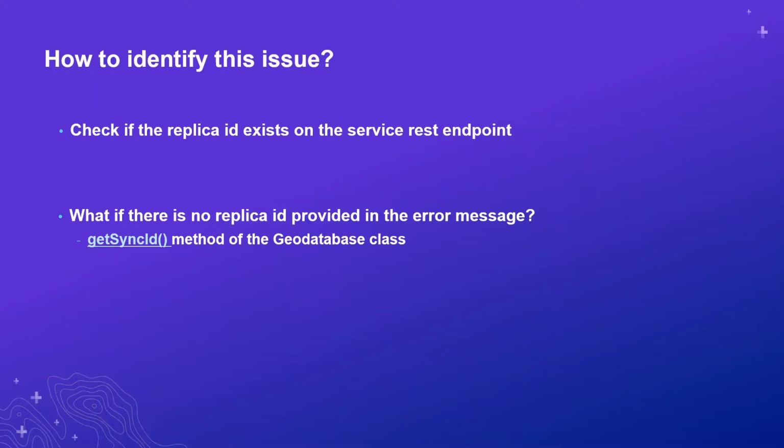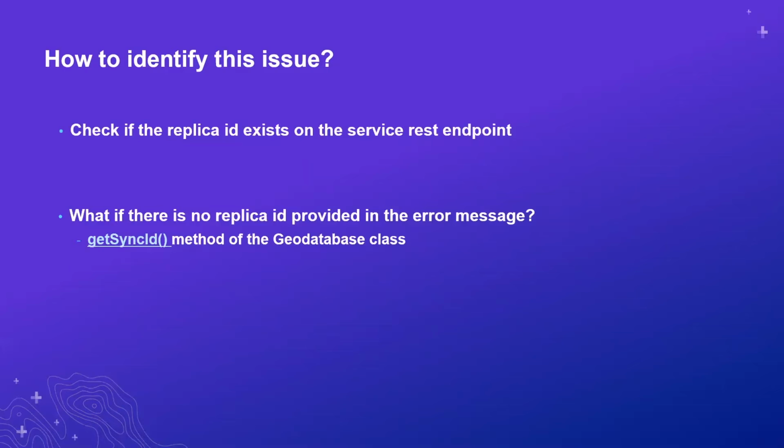However, we're not guaranteed of getting a particular replica ID. So in the sample we're seeing in this presentation, I've added some error handling to print out the error message with that particular replica ID. You might not see the replica ID every time it fails. So one way to obtain the replica ID from the replica on the device would be to use the